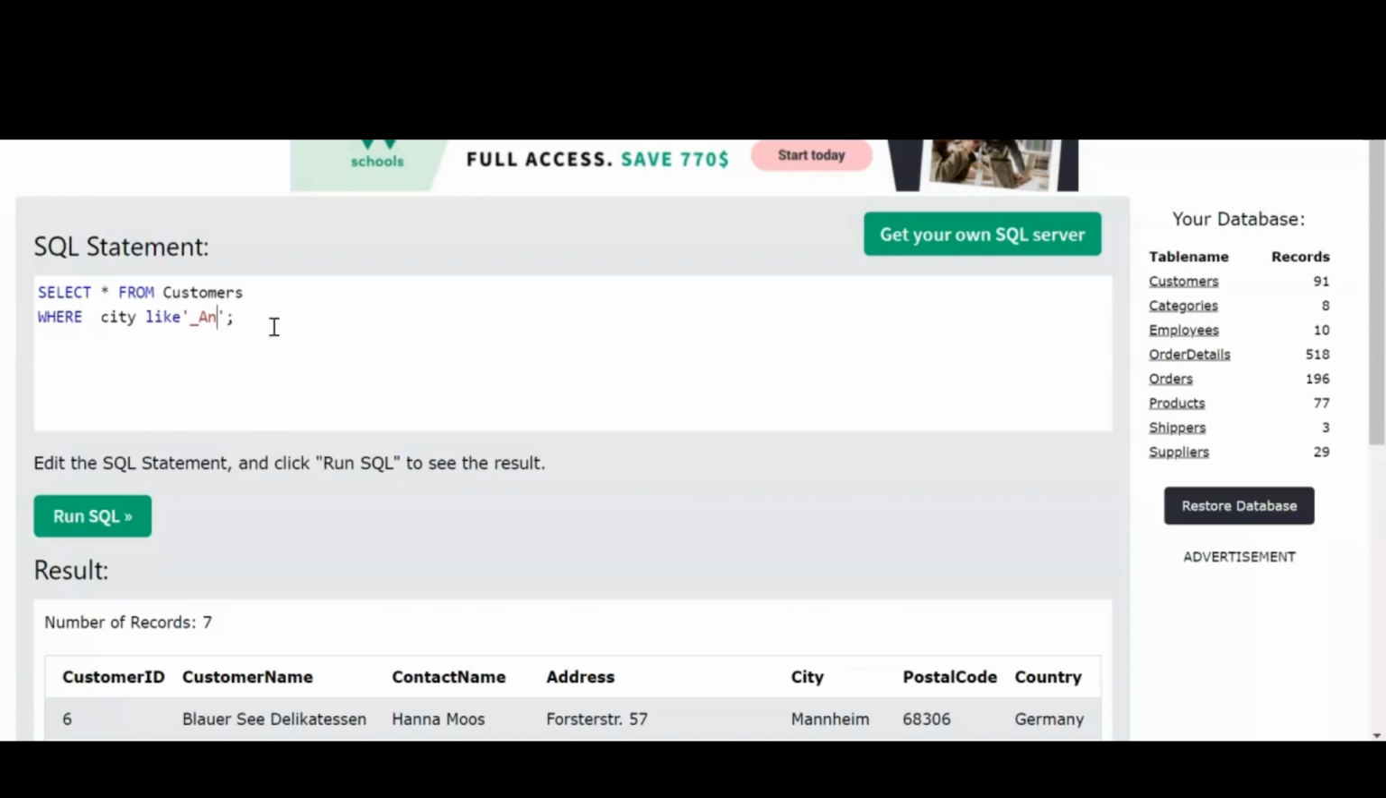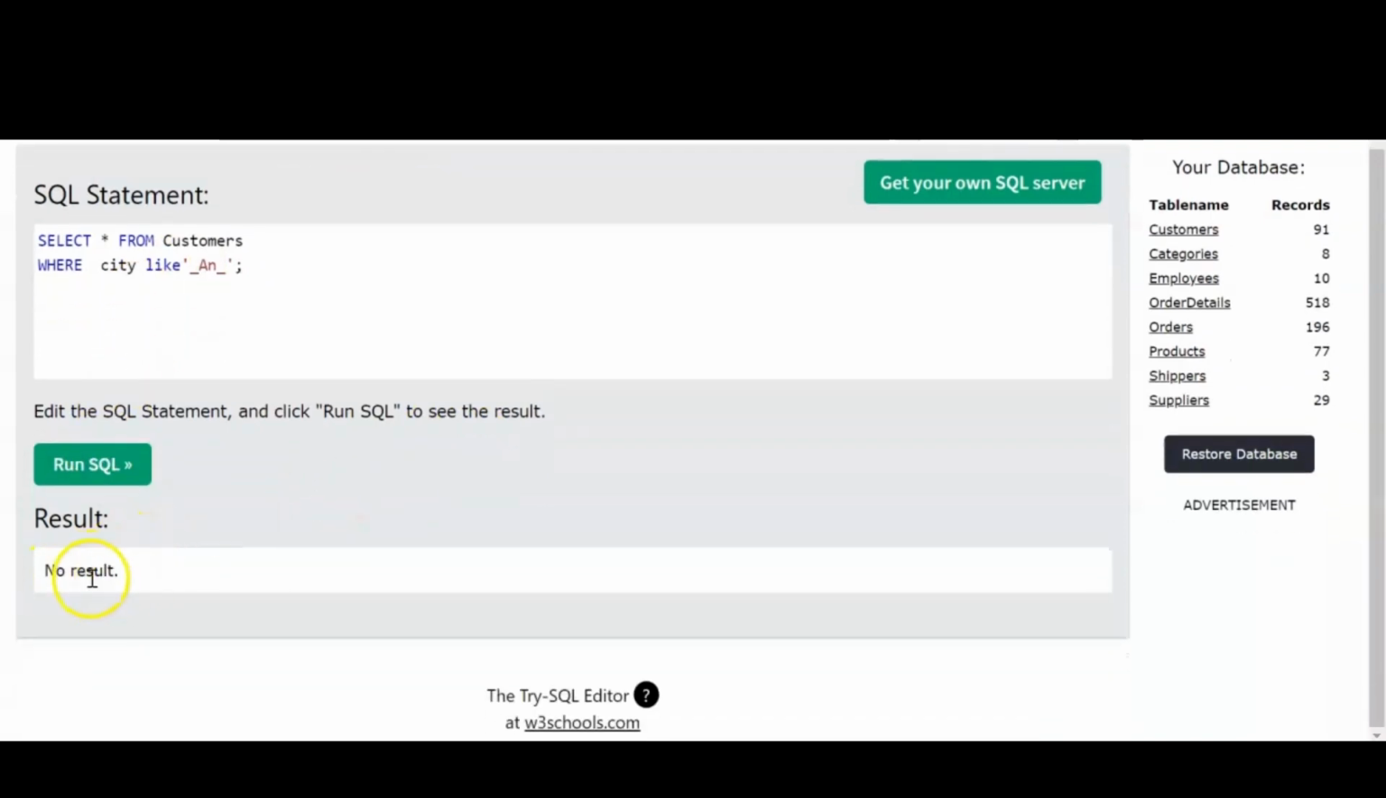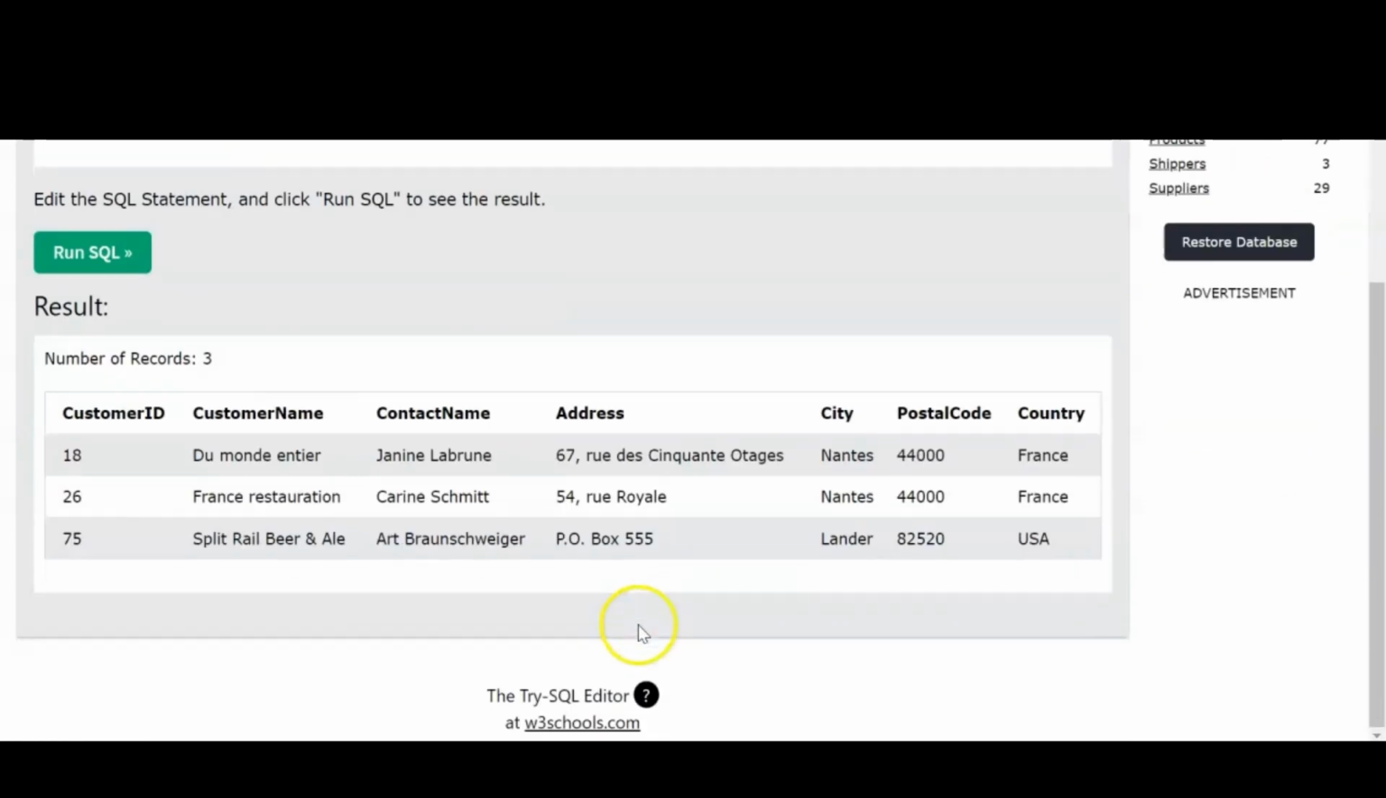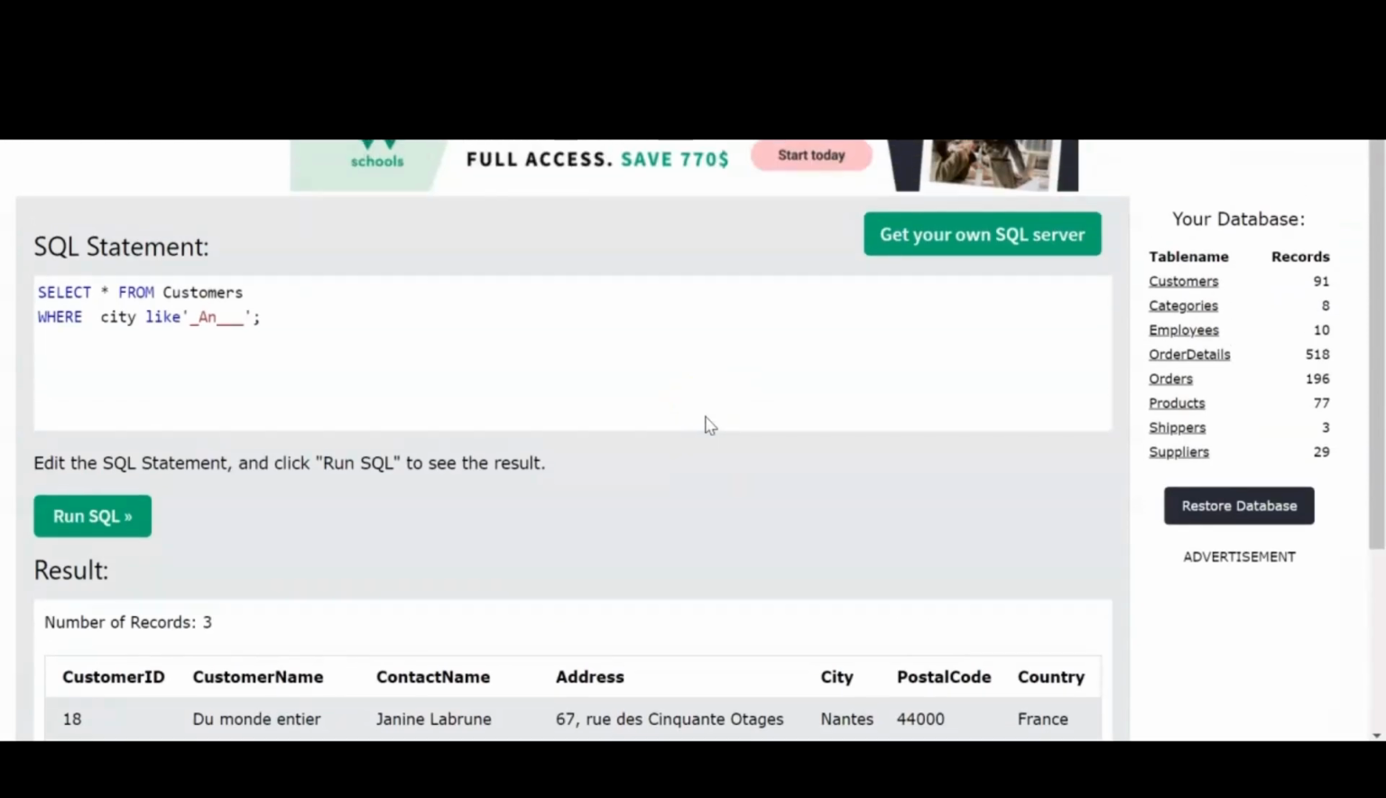If I give underscore only here, then let's check. Such result is not there. Only 4 character name is not there. If I give one more underscore, let's check. 3 letters should be there after A and N. Let's check. Yes, you have 3 options like this. So this can be done using your like